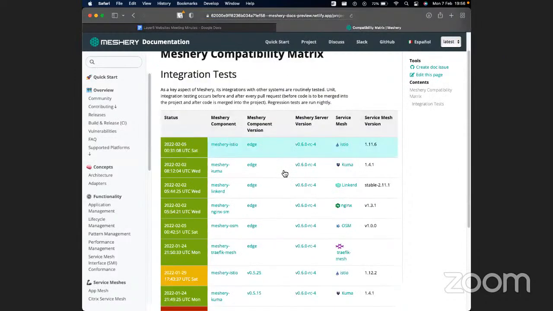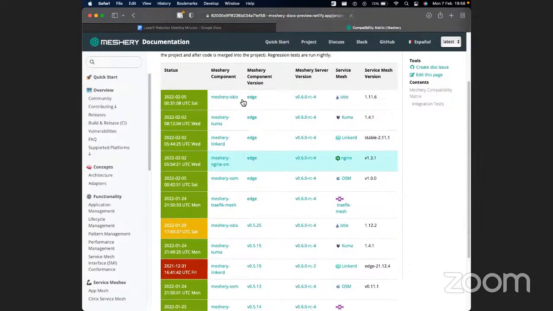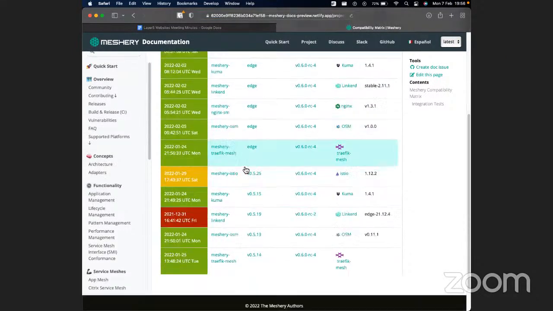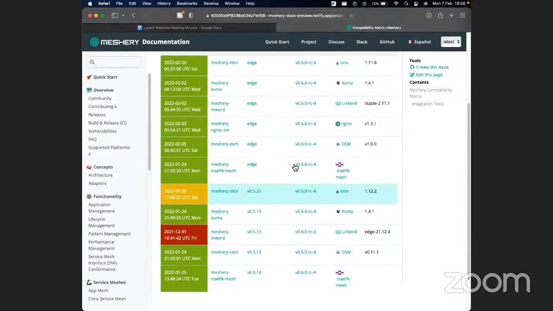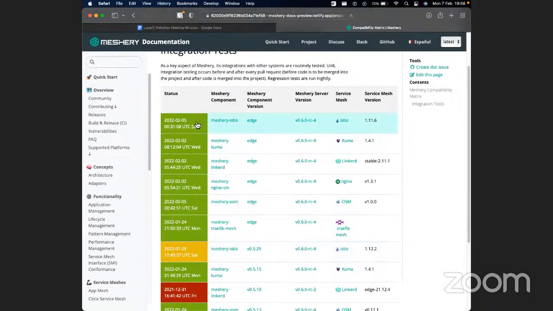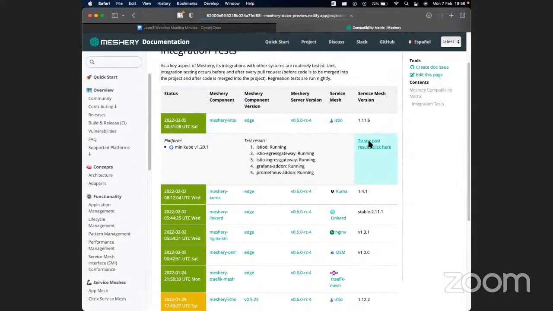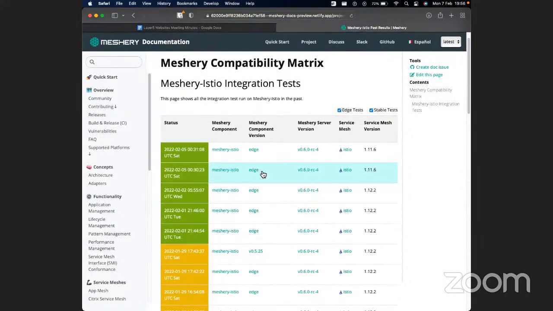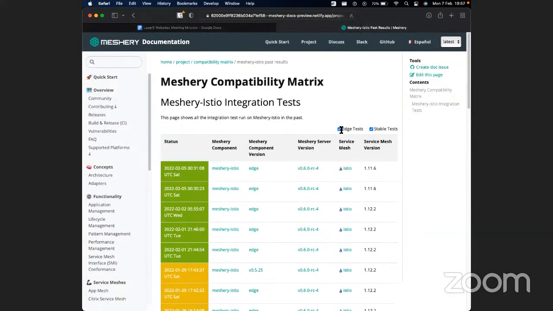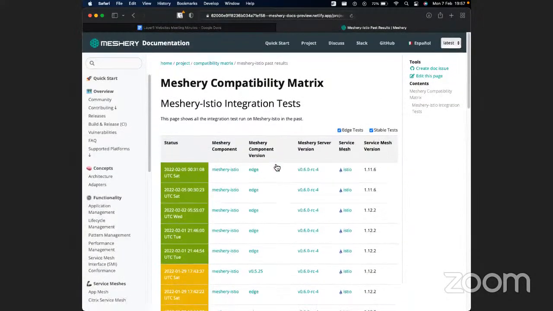Yeah, so this is the landing page. Here we see all the edge results as well as the latest results. Another change I have made is on the past results page. As stated earlier, I have implemented a filter which allows users to see the edge tests or the stable tests.